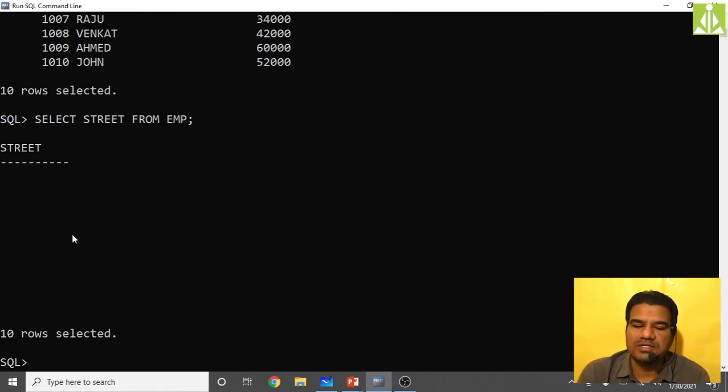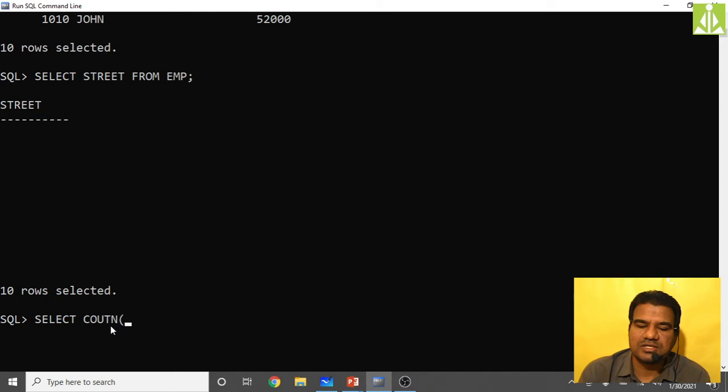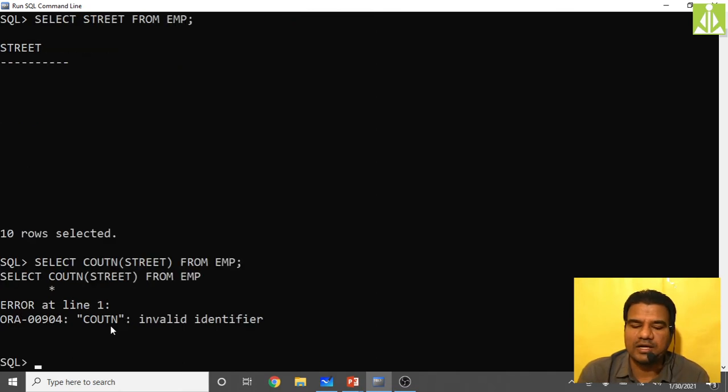All entries are nulls over here. Even though it shows 10 rows selected, when you count those rows, select count of street from EMP, like this, you hit the enter key.